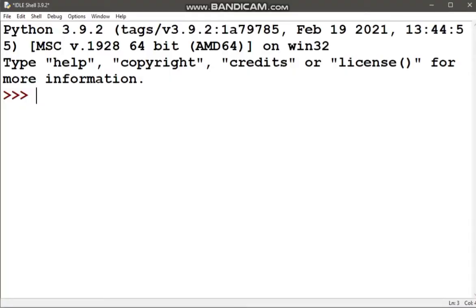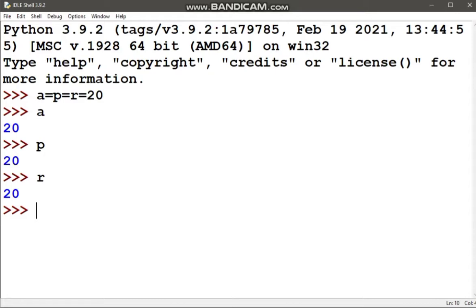So let us take three variables. a is equal to p is equal to r is equal to 20. So now if we print the value of a, we will get 20, p is also 20 and r is also 20. Now let us give some different value to a, p and r. Let us give 30, minus 10, 5.6.